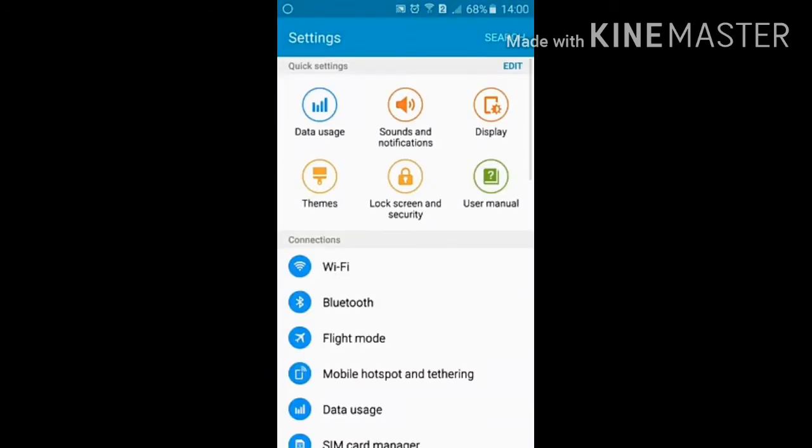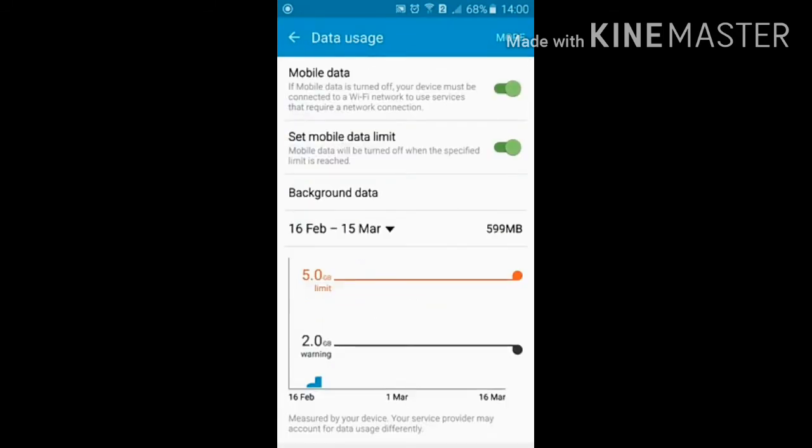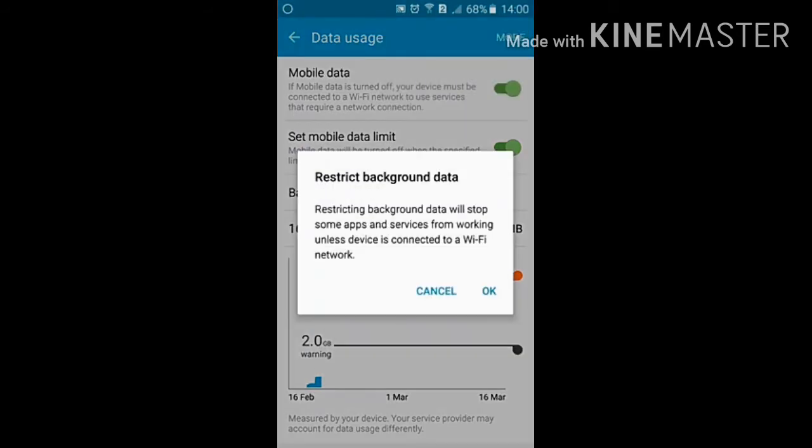to settings. There is a second option, data usage. Click on that, then there is a tab, more. Once you click on this more button, there is restricted background data, as you have seen. It states that restricted background data will stop some applications and services from working unless the device is connected to a